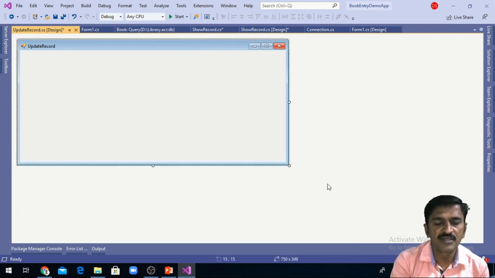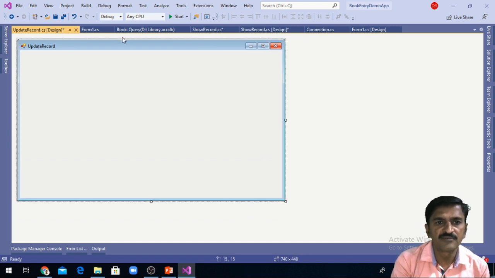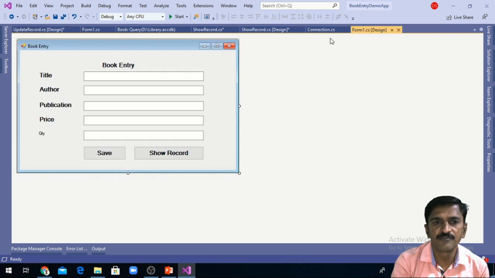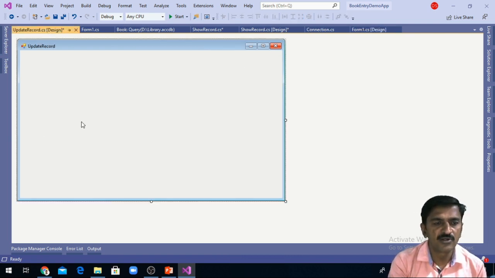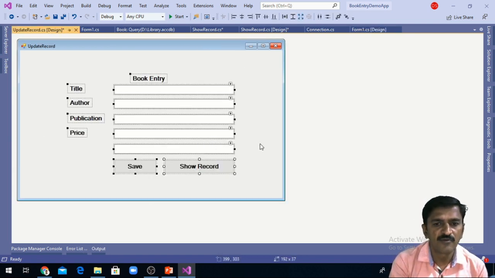So here we will design the user interface for editing the record. The interface that is designed on form 1, I am going to copy this interface on update.cs form.